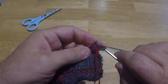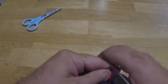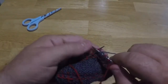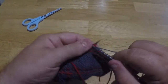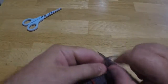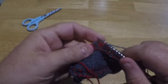And I know that loop has just pulled itself a little bit loose, but we'll soon find that that comes back into tension with a gentle tug, and when we're sewing it in, it's going to vanish so well that we won't have to worry about it. This is going to give us a very neat and tidy finished braid. We're going to lose those reds again very quickly